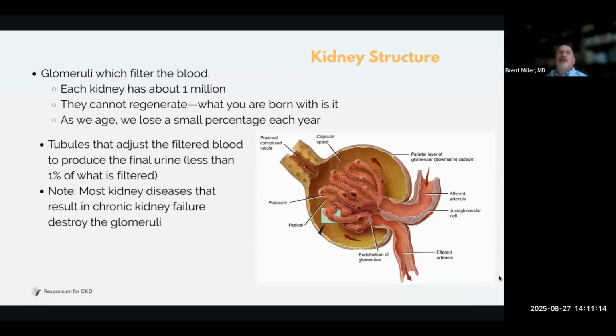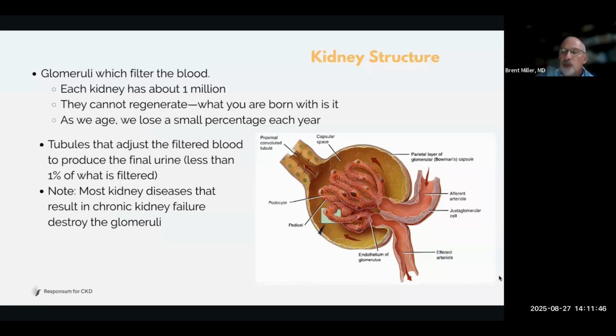So you can imagine that if you're one of the unfortunate people that's born with 500,000 per kidney, which is, quote, normal, but it's at the lower end of normal, as you get older, you might be more susceptible to having lower kidney function. If you were born premature, your kidneys probably didn't quite fully develop, and you would probably be born with fewer nephrons than somebody who is full term. So there's a lot of variation among how many of these we get.